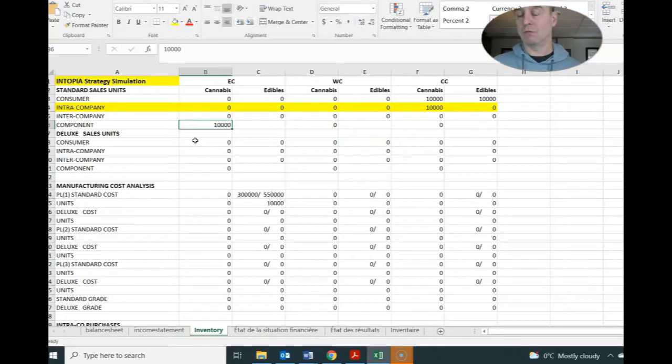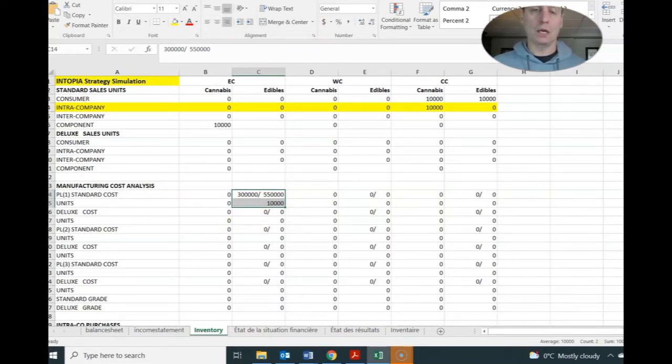So if you wanted to ship from central Canada to eastern Canada and then try to ship again by air, well, that plane has already taken off, so you would have missed your flight. You can, however, send it by surface to another person or another team so that it gets there at the end of the period. Okay, so you can see that happened, and we'll just go over this production of 10,000 units of edibles in